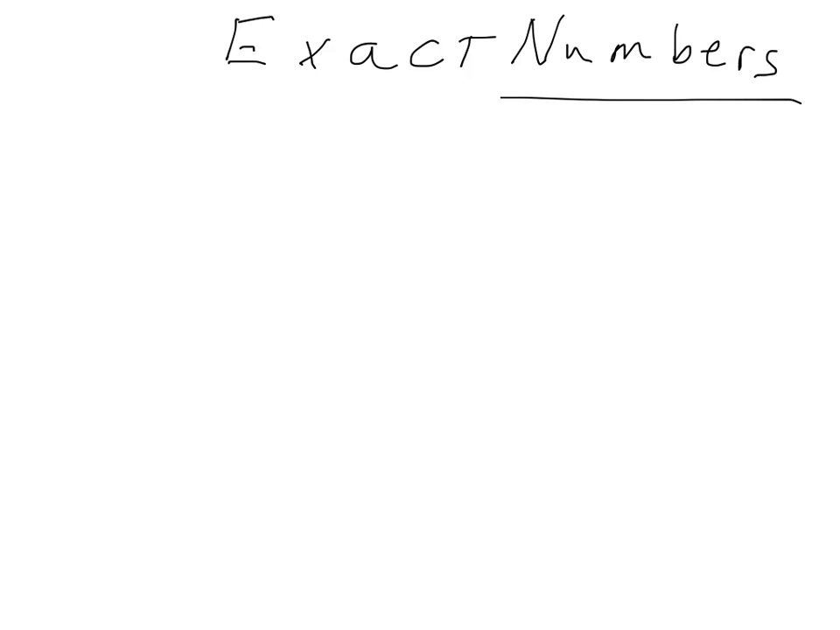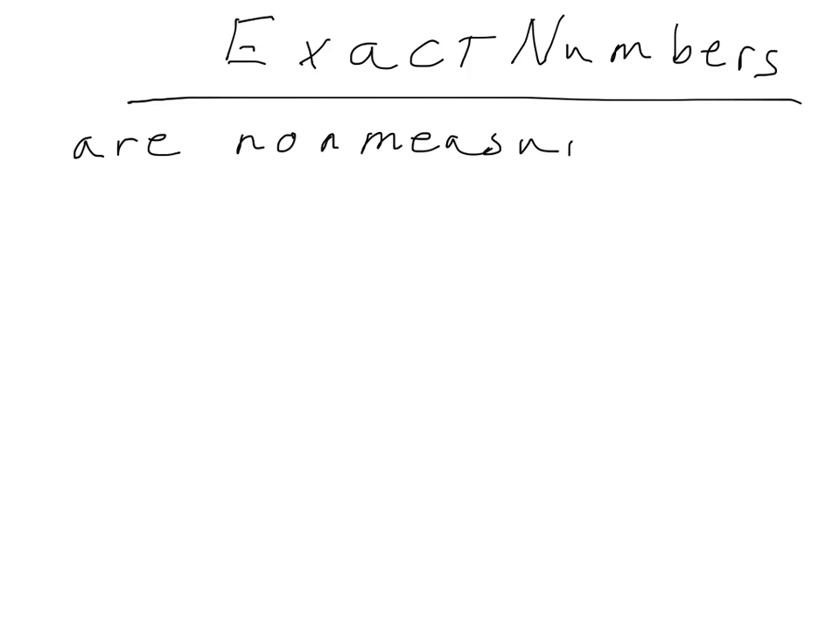Before we move on, I want to review exact numbers because for some reason I don't remember talking about them before today. Exact numbers are non-measured numbers. They're numbers you don't obtain by measuring. They fall into one of 2 categories. They're numbers obtained by counting,